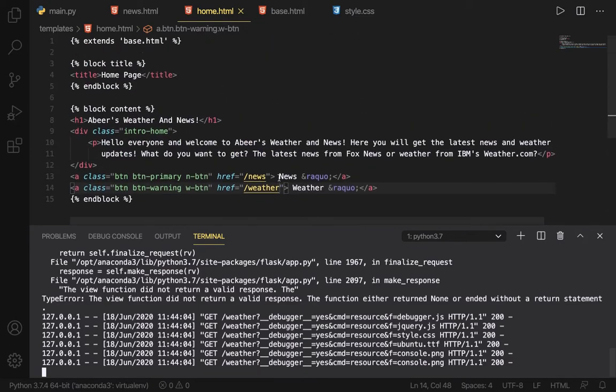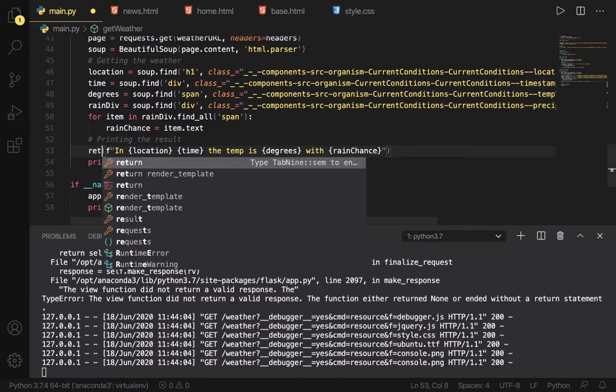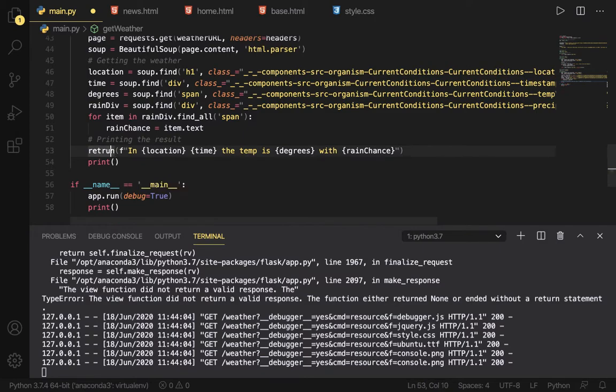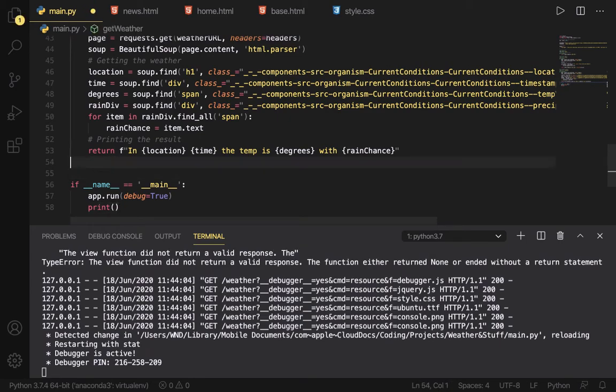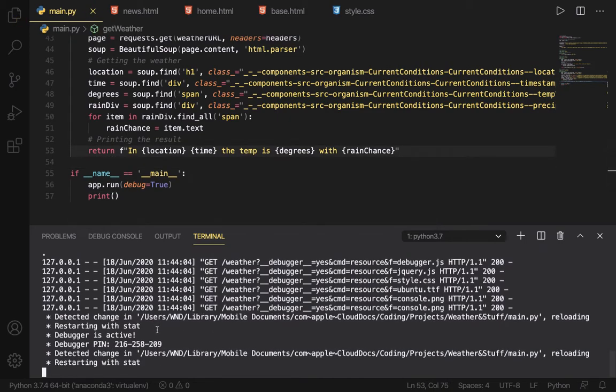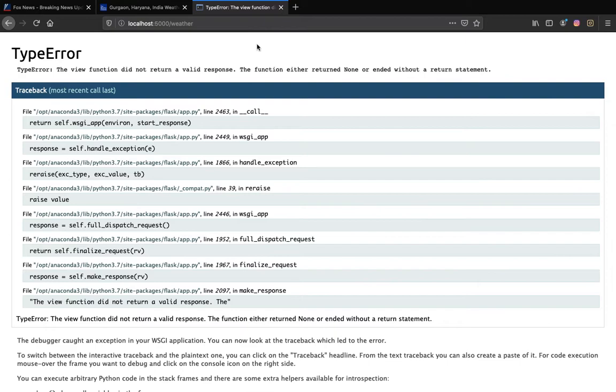Is you kidding me? Return, if you will. Okay. Now will it work? I'm just making all these changes because I want to show you guys that it actually works.